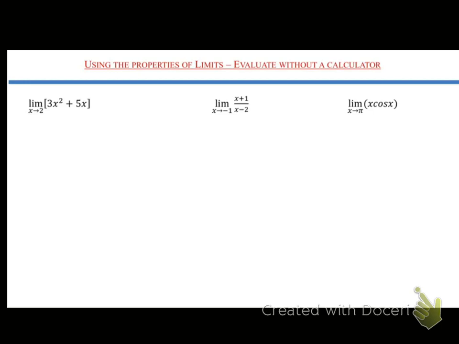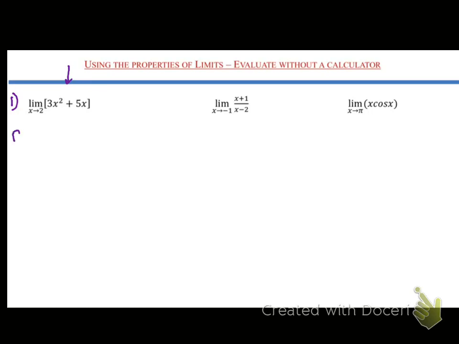So on this slide, we're going to demonstrate using the properties of limits. And again, we want to try and do as much of this as possible without a calculator. So we'll take a look at this first example here. Limit as x approaches 2 of 3x squared plus 5x. So again, we probably notice that this is a polynomial, a second-degree polynomial, where we could actually just use direct substitution and plug x equals 2 in, and we're going to get the same answer as if I use limit